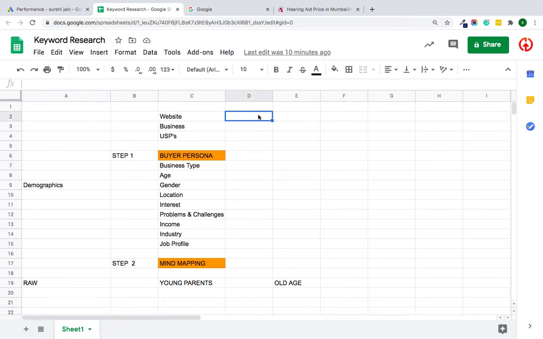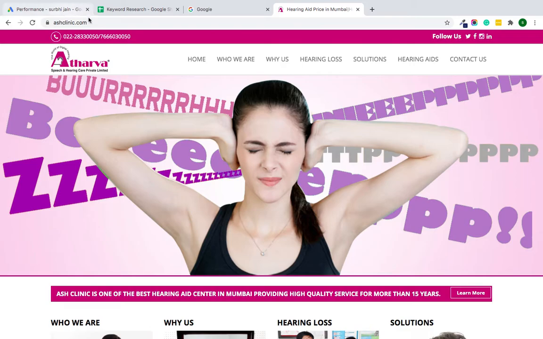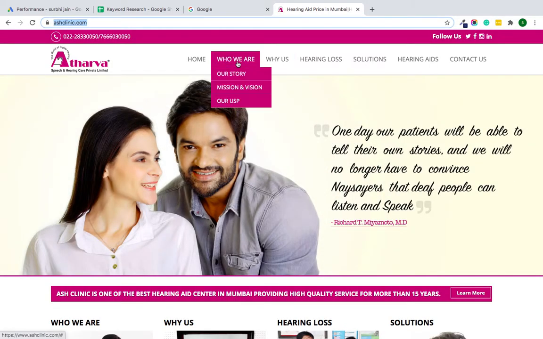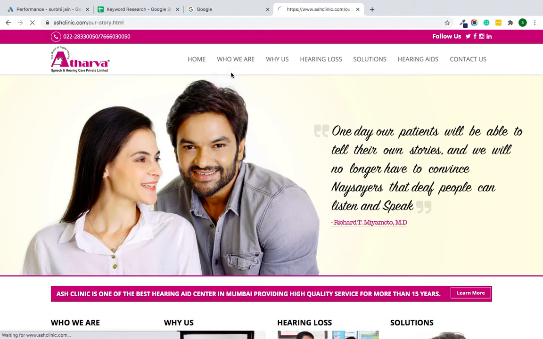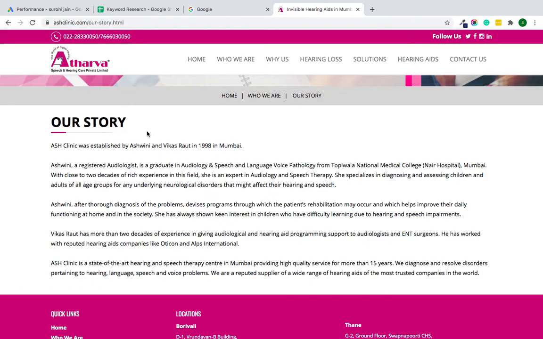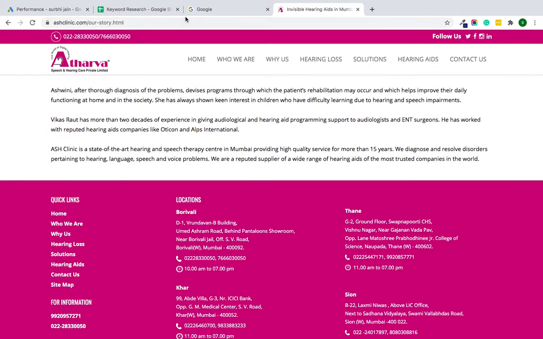First you need to talk about the website, so you can put the link of what website it is. Now you need to talk about the business, so that when we are creating a sheet, we know what exactly we are trying to do and what the business is. You can also ask your client about the business, or visit their website to check what exactly they do. When you read it, you can write it, and since I know about it, I'm just writing it out here